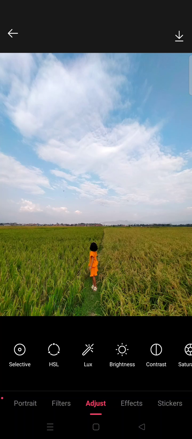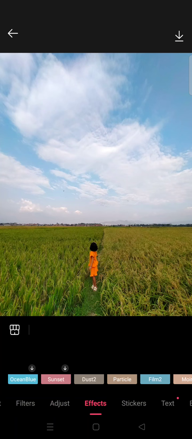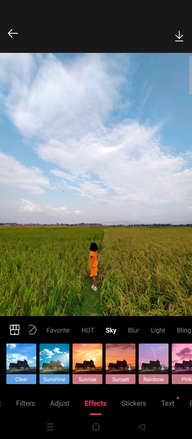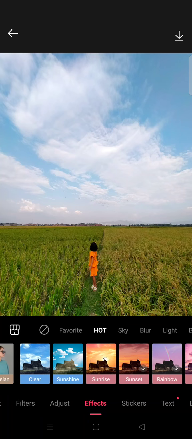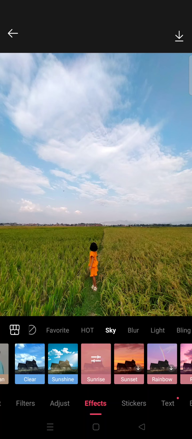In this video, I'm gonna show you how to edit sunrise aesthetic photo in EPIK Photo Editor. So first, you need to prepare a photo with a view and the sky on it like this. And then after that, go to effects and choose sky. And here select on sunrise. And then after that,